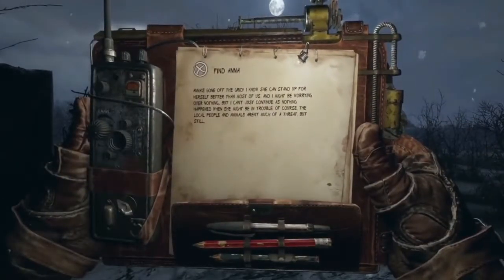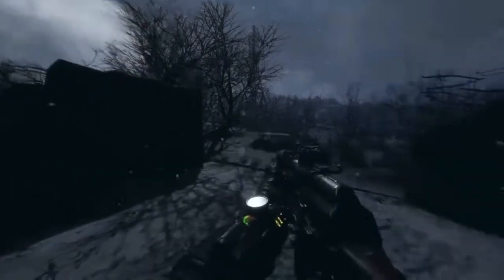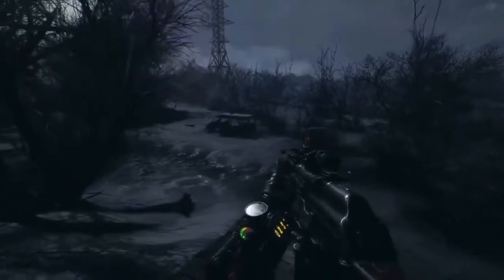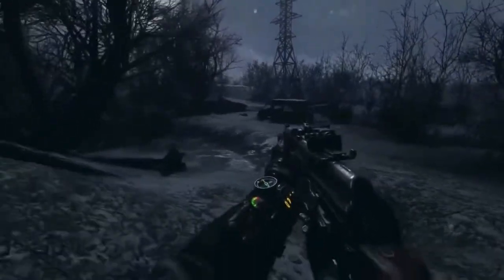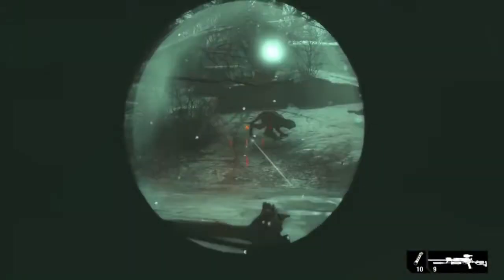Artyom's wife, Anna, the Spartan Order's top sniper, has gone missing, and players now have a new directive to find her. Mission updates will be marked on a player's map, a physicalized object that you can access at any time. Metro avoids the clutter of HUD and UI wherever possible, communicating all critical information through tangible, tactile objects to increase